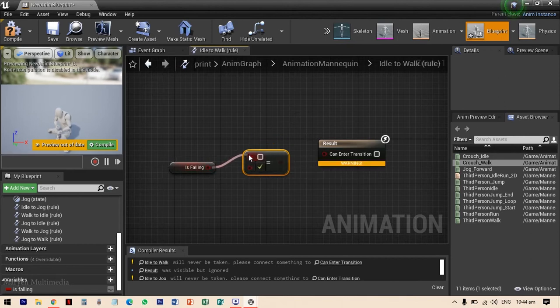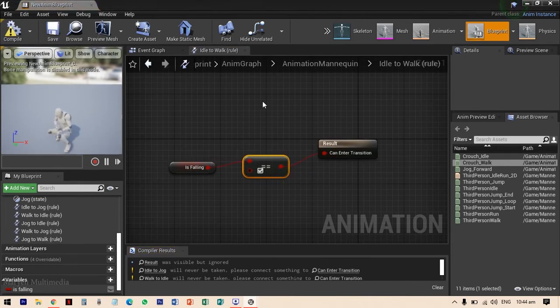Then connect for the first one, and then second one. And then make sure this is checked. Then compile and hit save. So this will be your